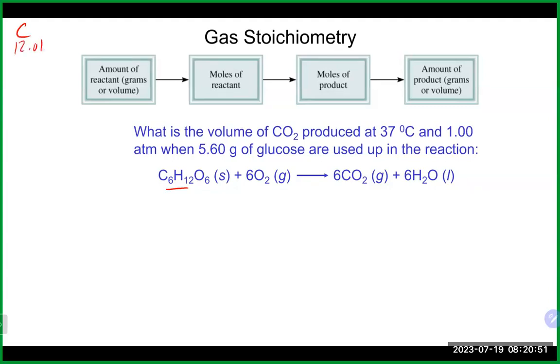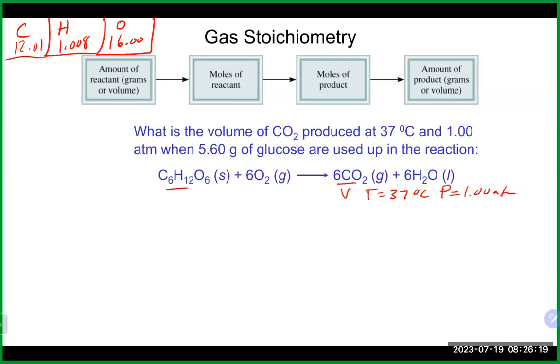Carbon 12.01, hydrogen 1.008, oxygen 16. Okay, let's take a look. So it's obviously a stoichiometry problem. It involves a gas that we're looking to find the volume of. We do have a temperature of 37 degrees Celsius, and we do have a pressure of 1 atmosphere. So that's really all of our gas information, which usually means PV equals nRT is going to be